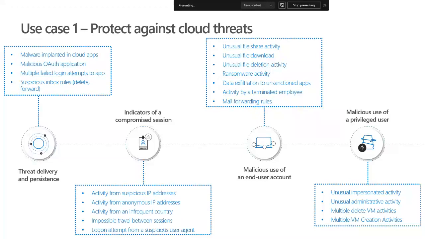So it could potentially be a compromised account. We also verify for suspicious or anonymous IP addresses, like somebody connecting from the Tor network, or a connection coming from an IP that is a known source of malware or command and control center. All these things are also fed into MCAS, and you can use them to detect threats that would be triggered